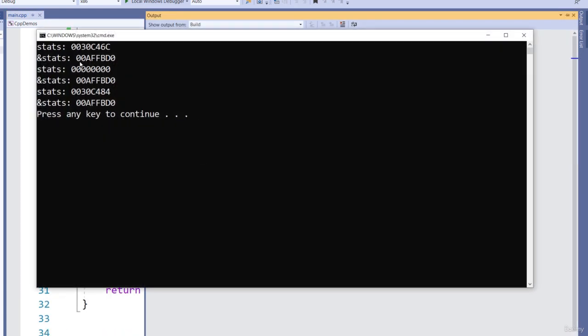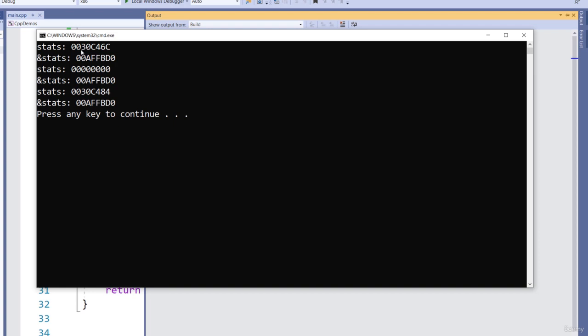So this is what we get. The address of stats is right here. It ends with BD and 0 each time. So the address of stats is not going to change. In other words, where the pointer is in memory is not going to change. It's going to look different on your machine, and each time you run it, you'll get a different address. But during execution here, you can see it stays the same, but the value stored in stats is going to